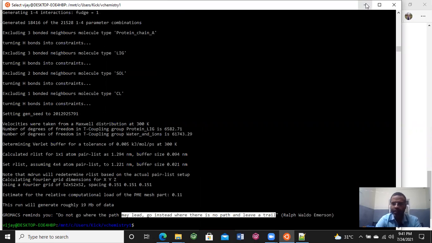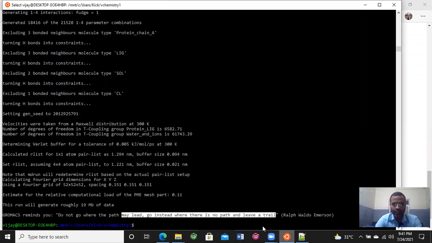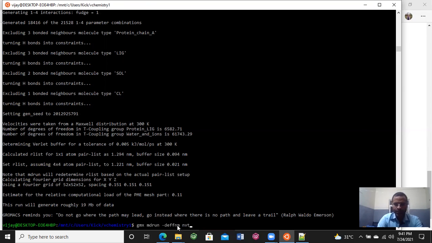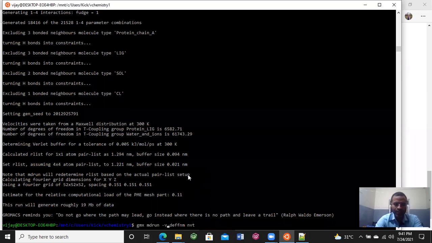So I will pause the video as per the need. Just see what the command line tagline says. If we are adding the dash v option, since you have seen when I performed the minimization, I told you that here we need to add dash v, and this dash v is for verbose, and it shows the time taken to perform this step.